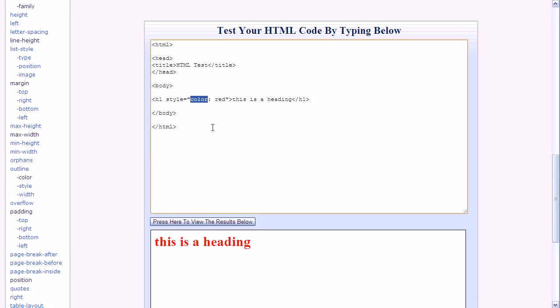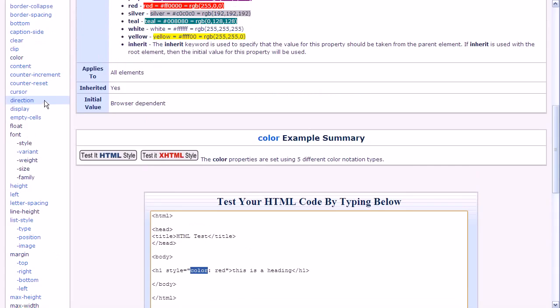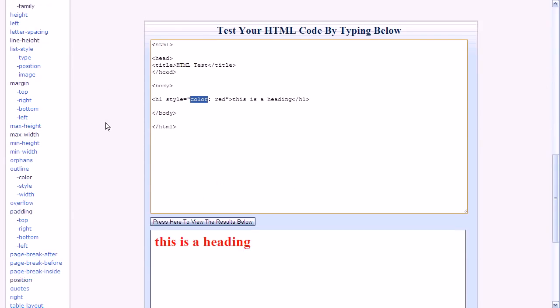Color is called the property. The property specifies what it is that we are controlling. If you look at the left side of the web page here, these are all a list of different properties. If we go up here, we can see this is the color property that we're using right now. And then the color property is always followed by a colon that you see here,